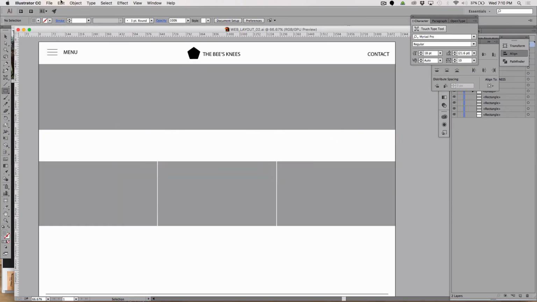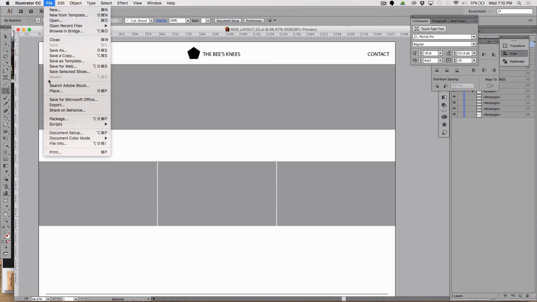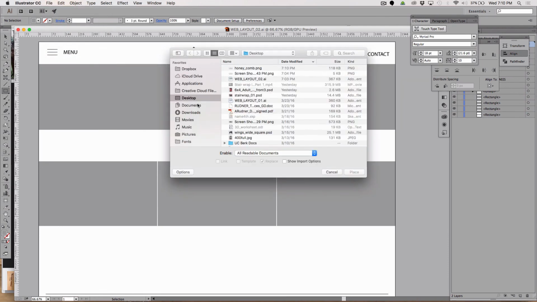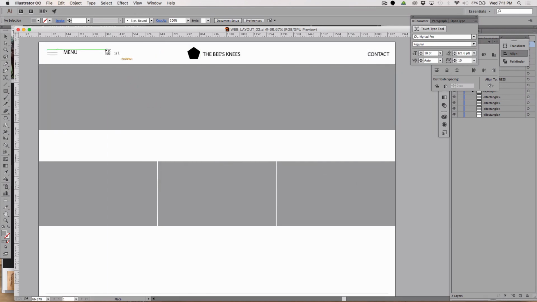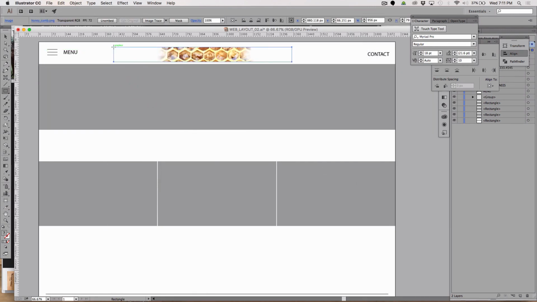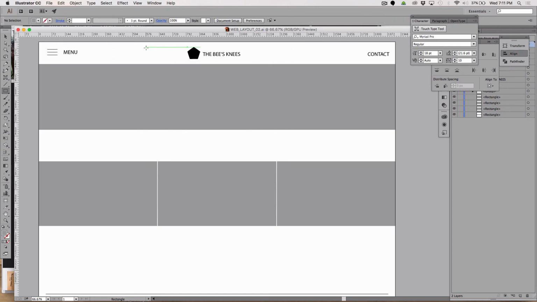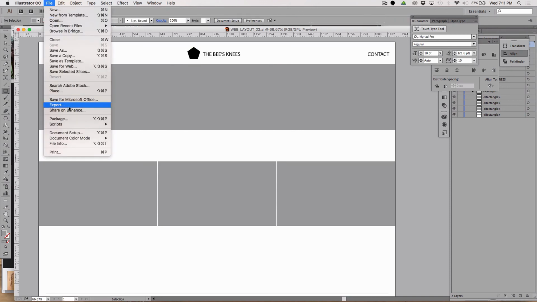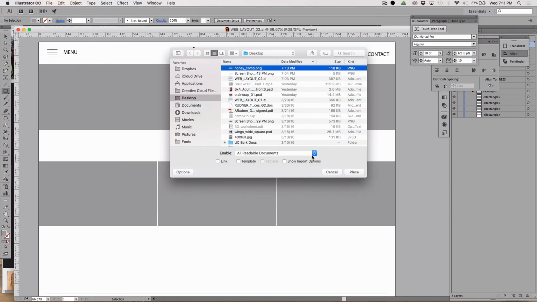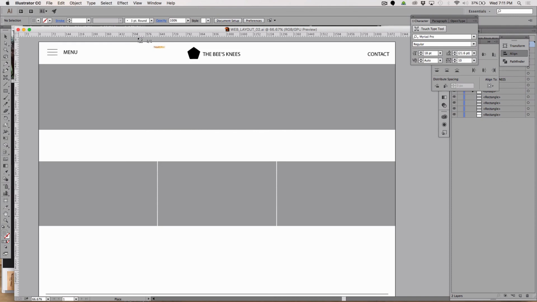And here I'm going to do File, Place. There's my honeycomb JPEG. Place it. And I'm not going to click and drag. I'm simply going to click. Actually, it looks smaller, so I'll try it again. File, Place. Why it looks smaller is because of the zoom factor I have on here. So I'm going to go ahead and place it again. And this time I'll click and drag so you can see the difference here. If I click and drag, I can just drop it right down